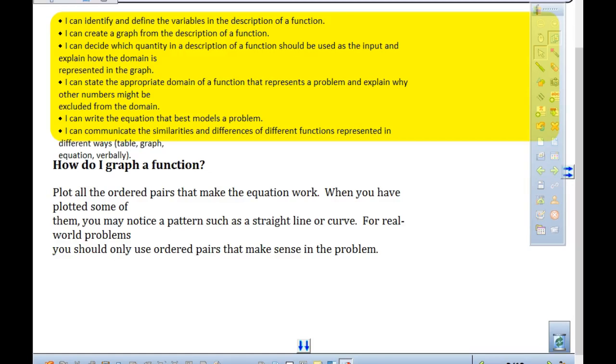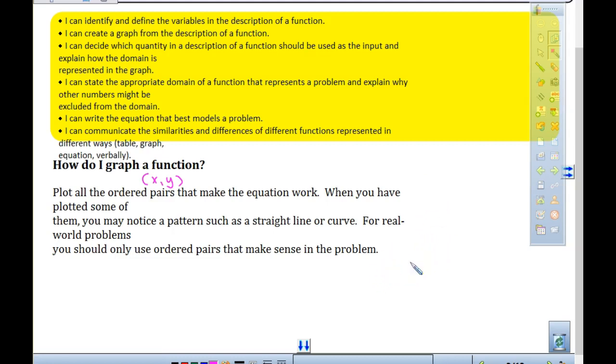Plot, as we are looking at this B6. When we go to plot an ordered pair, and that makes it work in that equation, that works. So when we plot that ordered pair, it is x comma y. Okay? And where you plotted some of them, you may notice a pattern, a straight line or a curve. For real world problems, you should use ordered pairs that make sense to our problem. So we are always going to be plotting our xy points, and then we want to think of numbers that